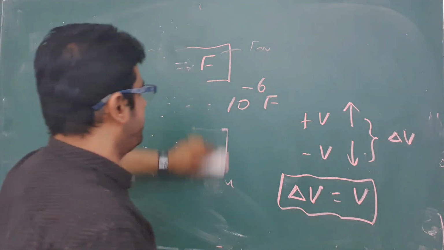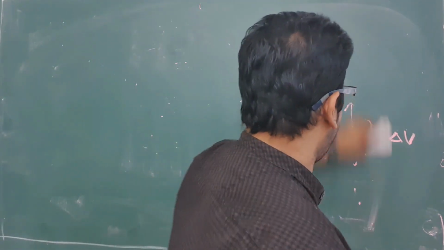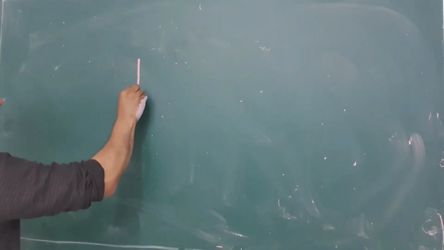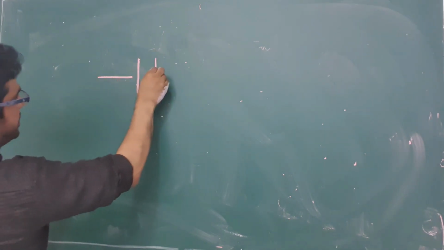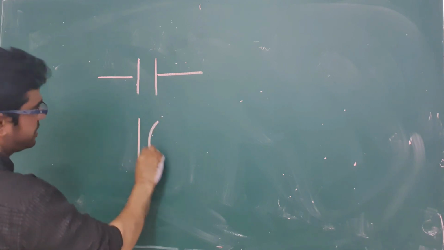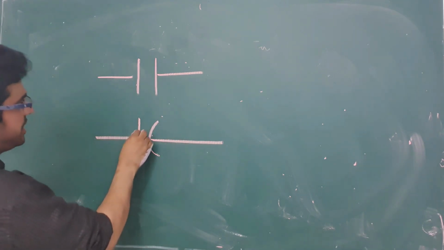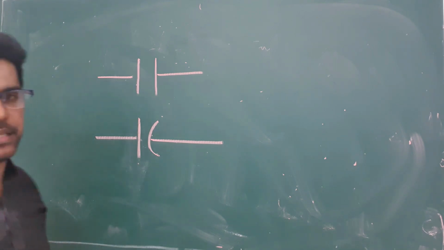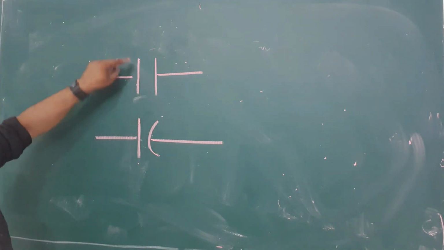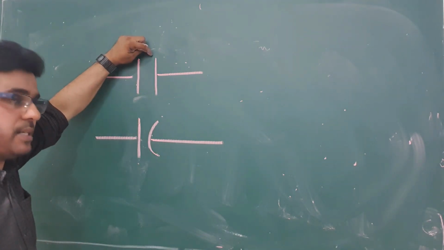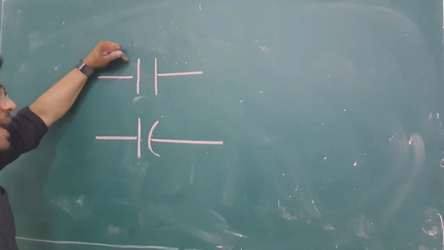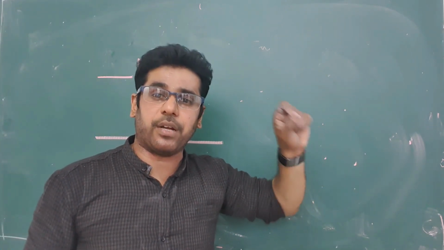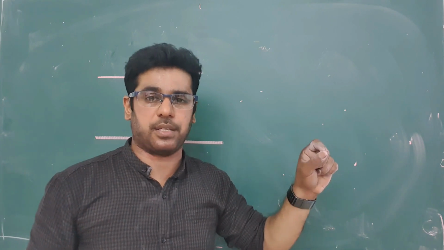Next, I would like to teach you the symbols of a capacitor. This is the basic symbol of a capacitor, or otherwise you can draw it like this. These are the circuit symbols for capacitors. Both are condensers or capacitors, but one part takes plus and the other part takes minus. In the annual exam, you will get a symbol like this because they don't mention the plus and minus. We have to identify the plus and minus in the annual exam.